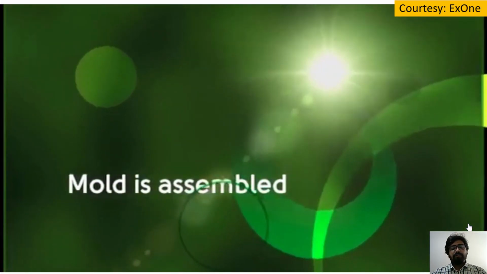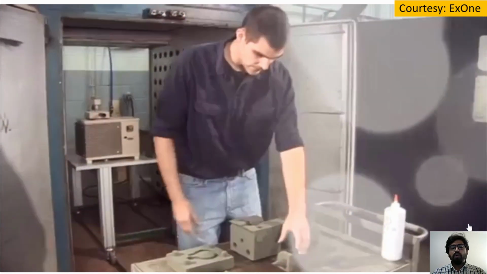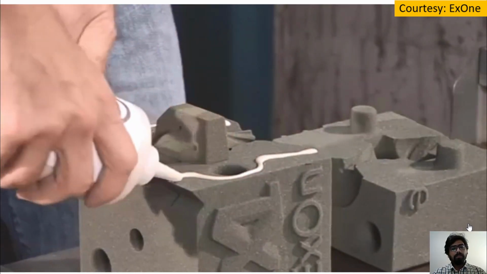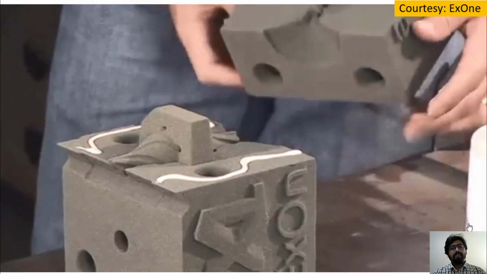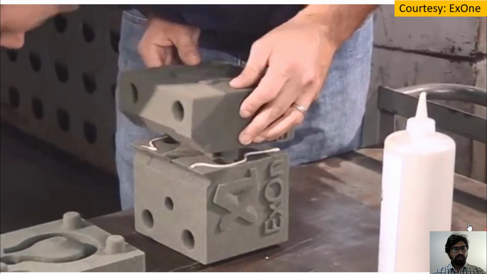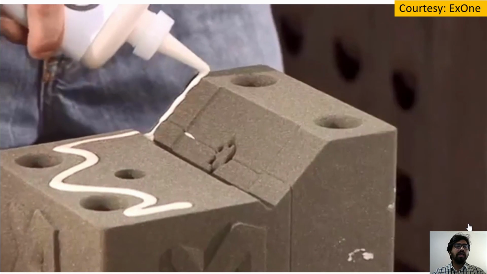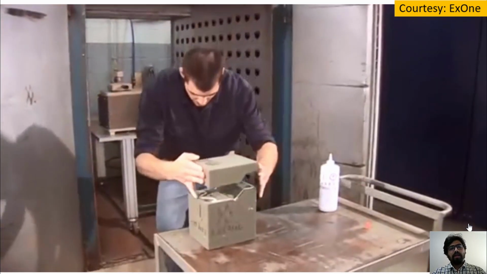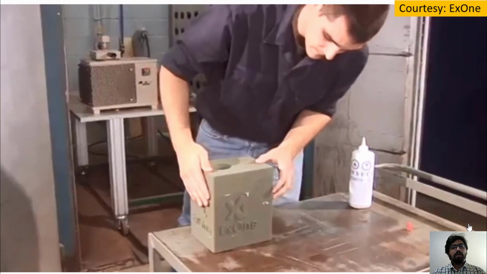After cleaning each and every part of the mold, these parts are assembled together to realize the final mold. It is usually done by pressure activated glue, as you are seeing here, and these different parts of the molds are appropriately kept together. To locate the location where this mold has to be, the appropriate provisions are provided, and once these molds are joined together, the final assembled mold is ready.